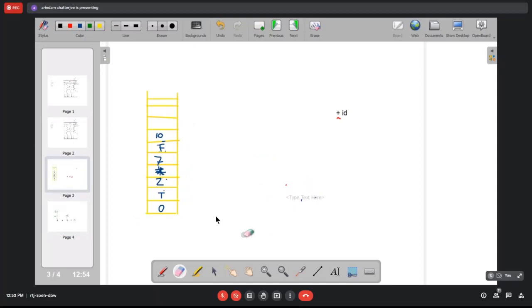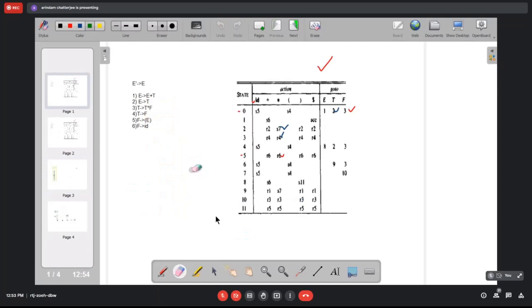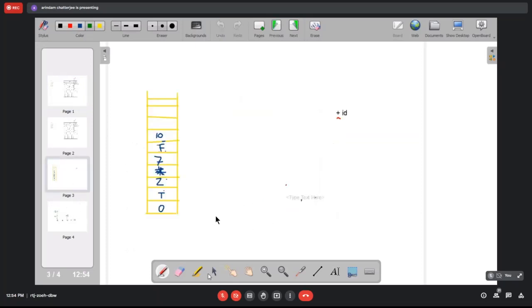Now we are at state 10 and we have a plus. State 10 plus gives R3. As you can see, this is R3. R3 is T producing T star F. This is the reduction rule I have.